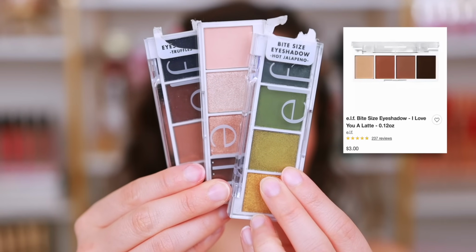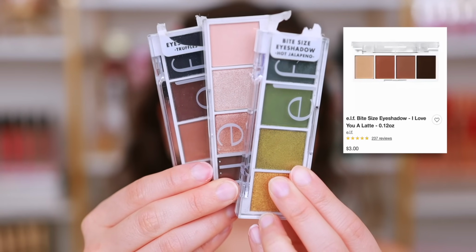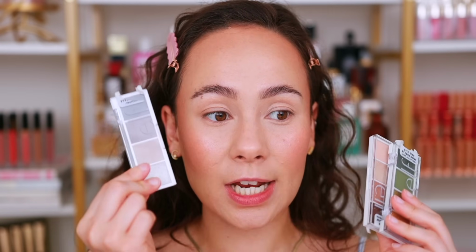Now, the best-selling eyeshadow palette, with all 3 retailers, it was all across the board. There really wasn't any consistency. So I just went ahead with the Target bestseller because I had it and I love it. Well, some shades. The #1 bestseller at Target are the bite-sized eyeshadows from e.l.f. I don't love all of them, but the shade Truffle I think is great, so I'm going to use that